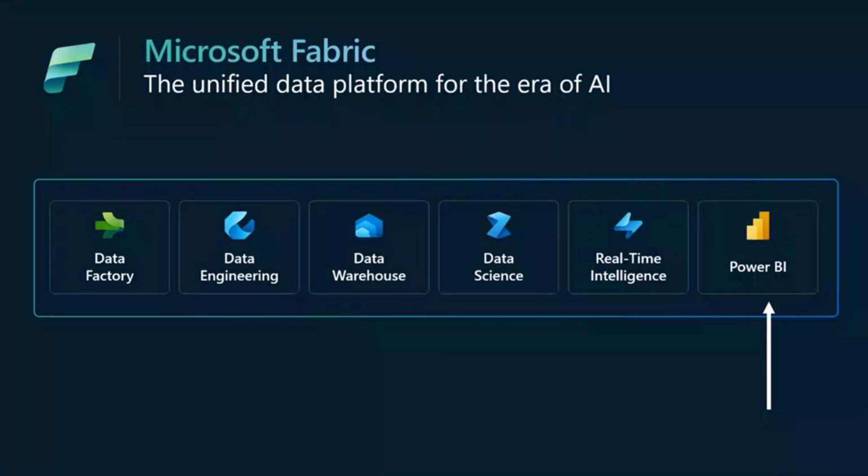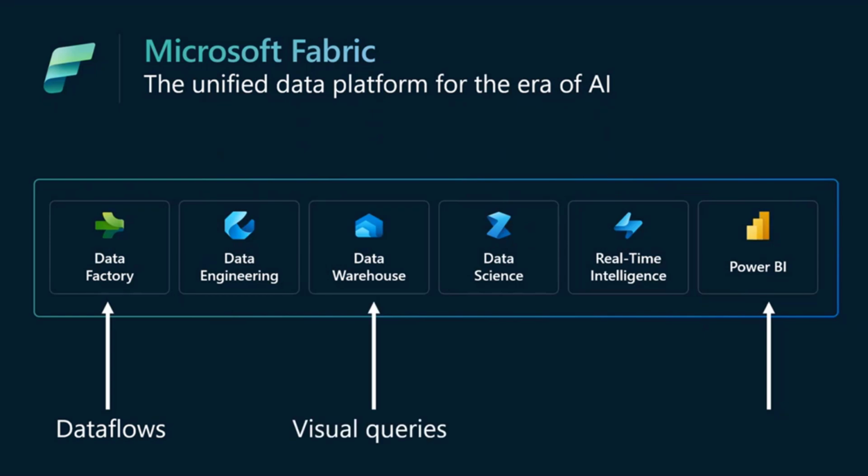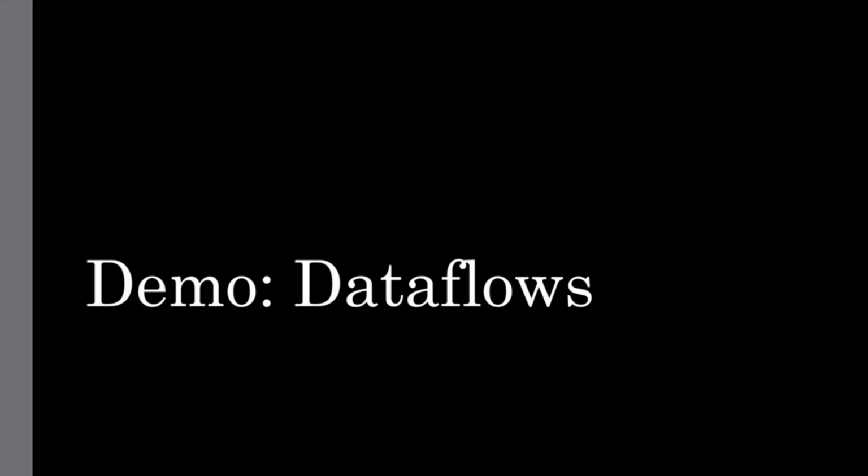Some other parts of Fabric that are familiar to us that I thought I would show you are two things in particular. One is something called data flows that I think a lot of people who've been working with Power BI are going to be pretty familiar with. That is now a part of the Data Factory workload. And we're going to look a little bit into something called visual queries, which is a part of the data warehouse experience. So without further ado, I'm just going to go straight into a demo again of the data flows